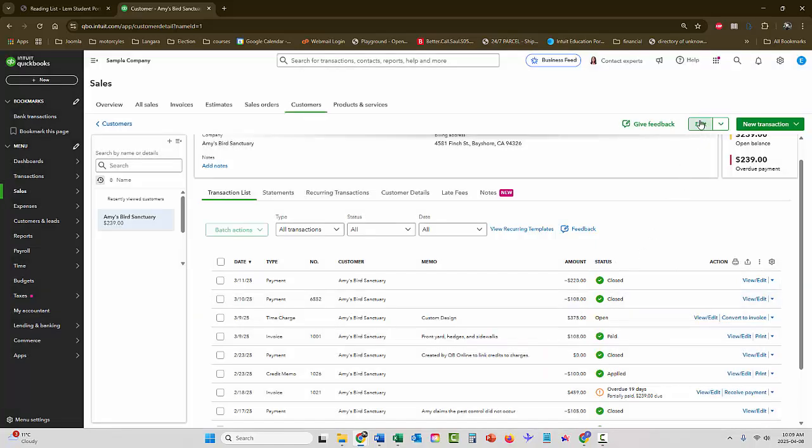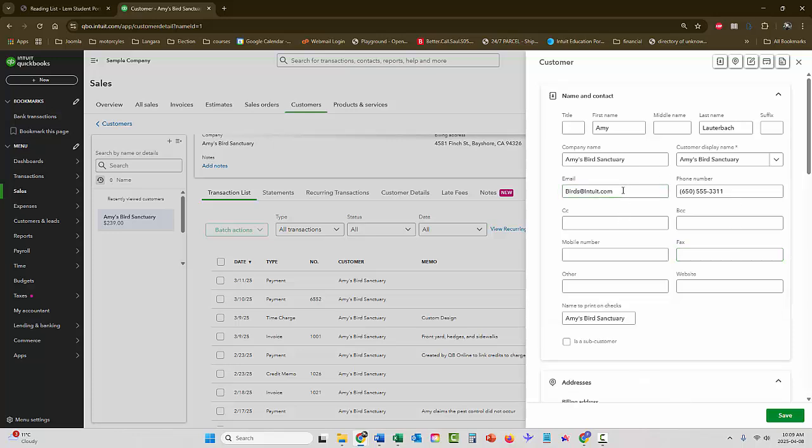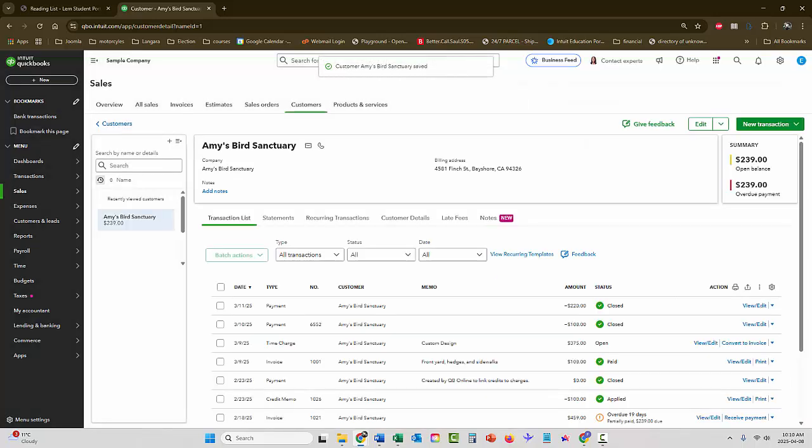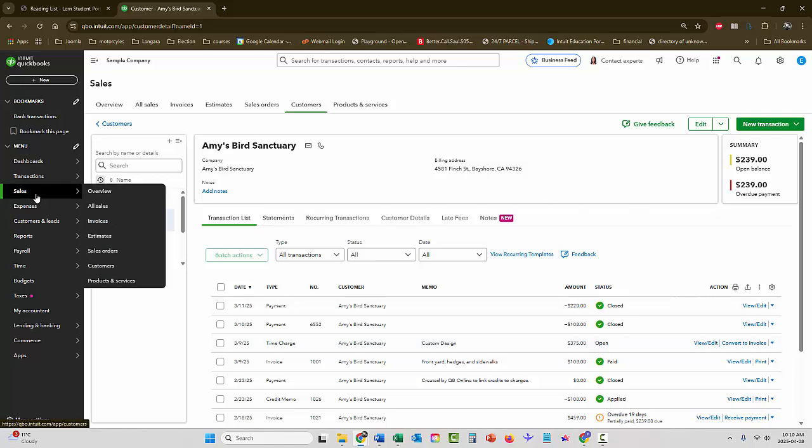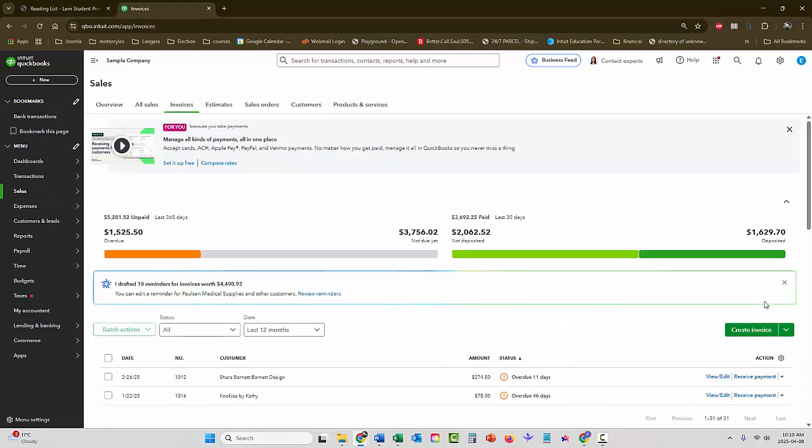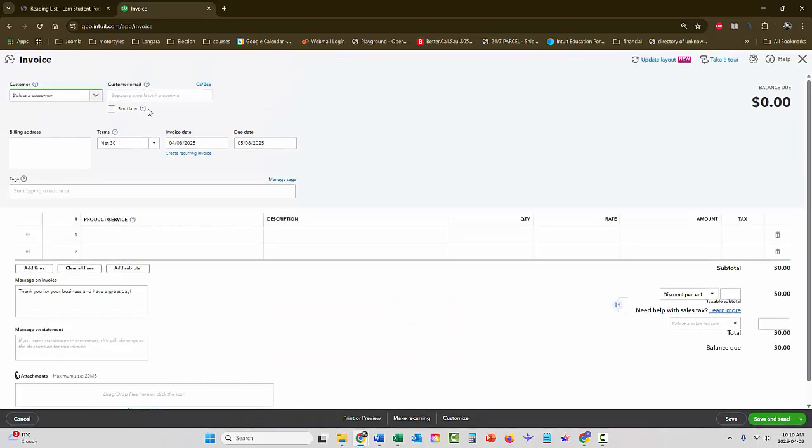Just close that. I can choose edit. And I'm going to add Amy at Amy's Bird Sanctuary.com and save. And now we can quickly send her invoices, etc. And again, if you want to create a transaction, I'll look at invoices. So if I choose sales, invoices, create invoice, and I could choose